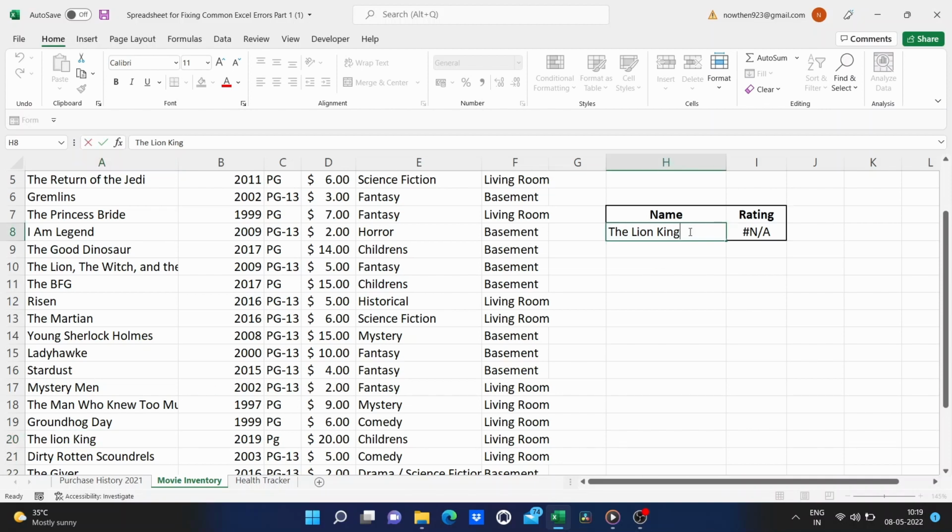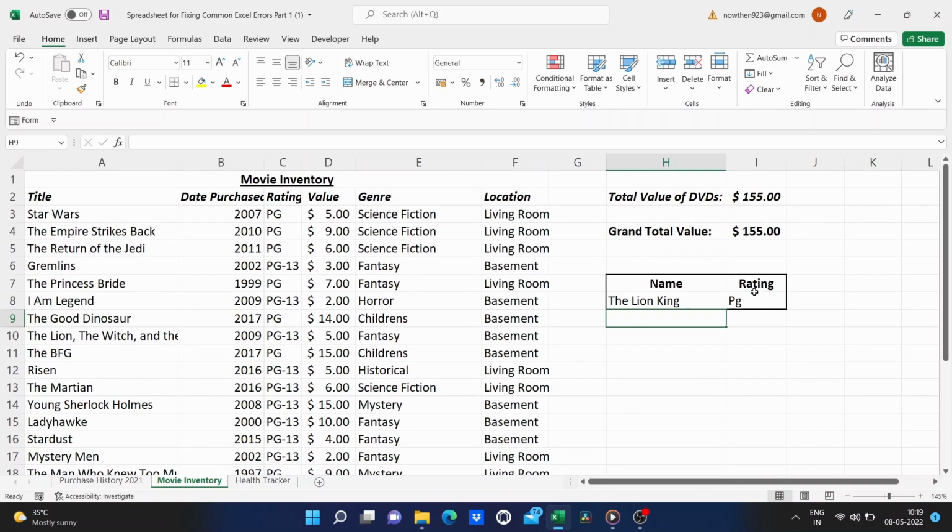If I add a space in here after the G, will it work? Will it fix it? Yes, it does. But instead of fixing the search term here, there is a way to actually fix the data. And it could be that the other movie titles also have too many spaces included. So I want to repair that data to make sure that there are no extra spaces. To do that, there may be a better way, but this is how I would do it.